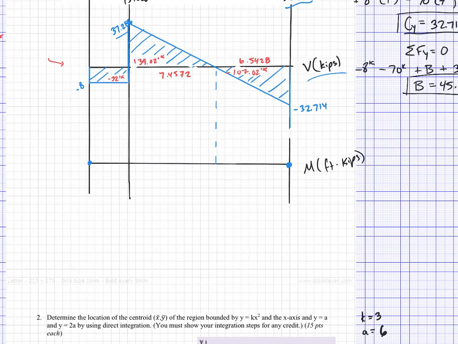So we found an error anyway. So I'm going to start at 0, right? So this is a moment of 0. And then I'm just going to do these numbers, right? So I'm going to go to negative 32. So let's say this is negative 32. Okay. Then I'm going to go up